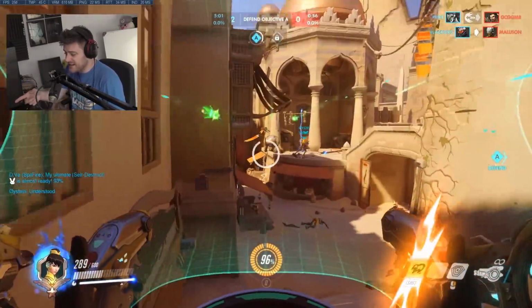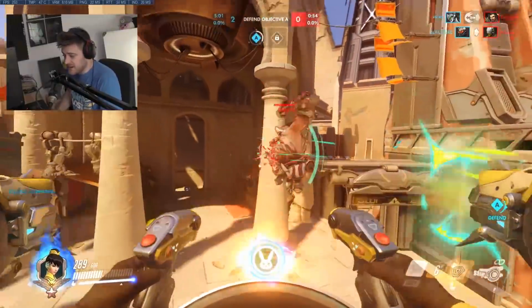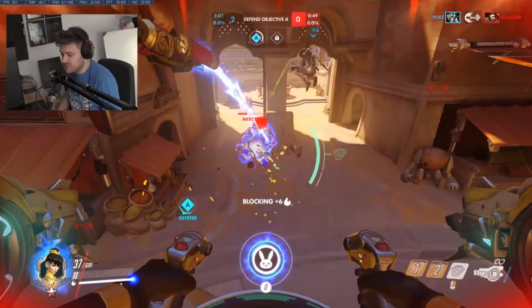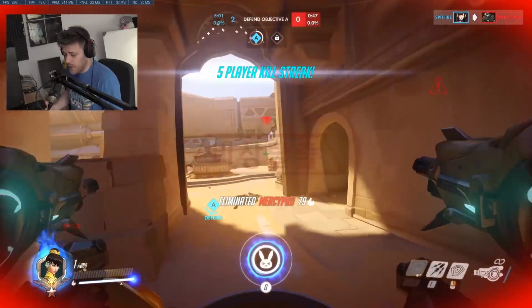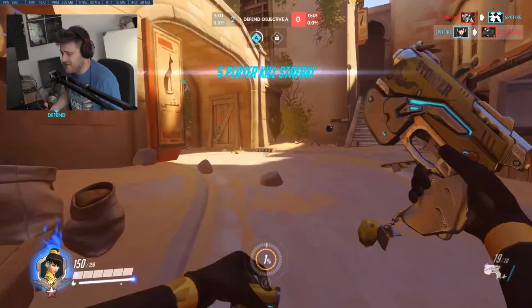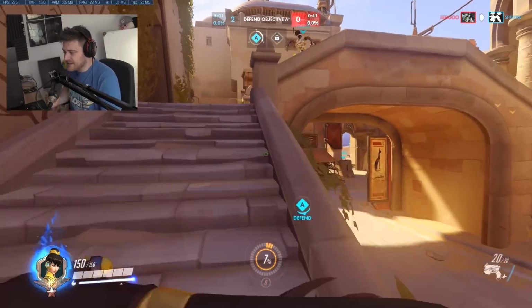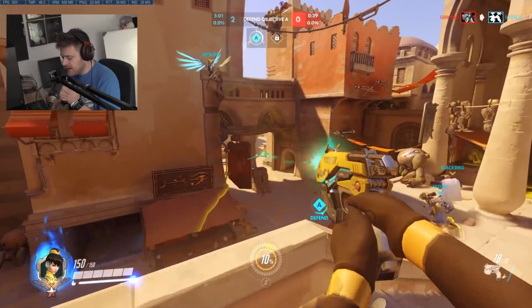I mean, this Tracer here is having a really bad time against me. Roadhog as well. Surprisingly, you can do a ton of damage to Roadhog. Obviously, this is the new Hog, so he can absorb loads of damage. So he pretty much doesn't die ever unless everybody on the team is attacking him. But yeah, I think what I'm saying, guys, about this D.Va is she's very